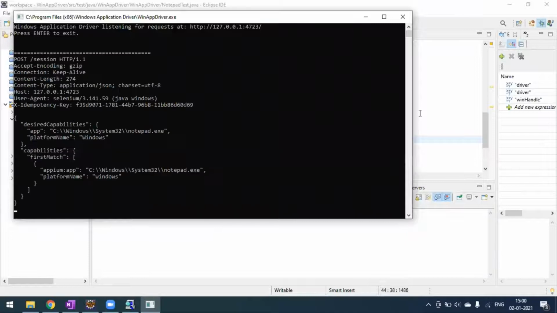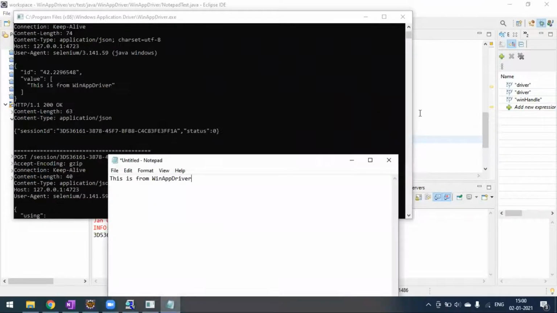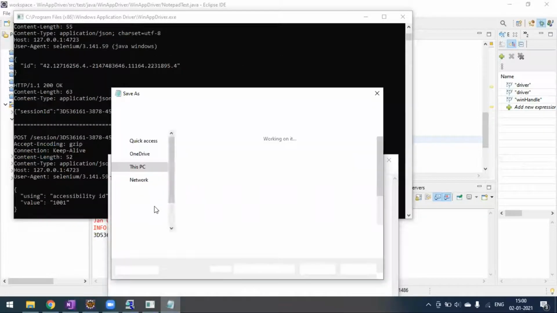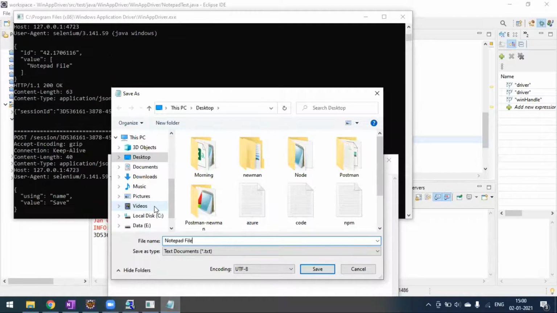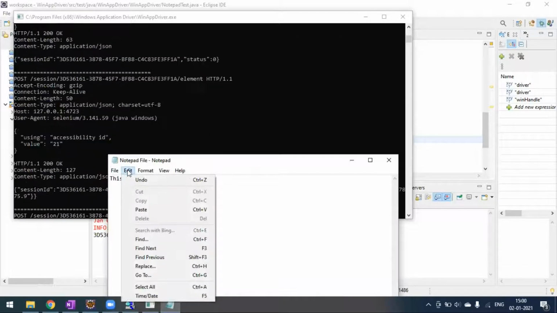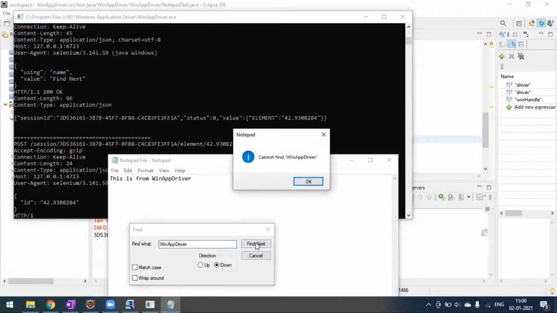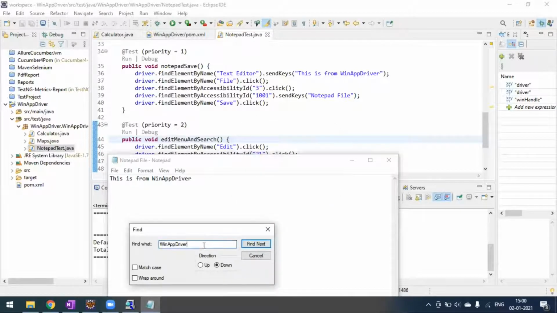Okay, exe file is launched, connection established. It started typing something and it's about to save. Okay, file name is typing and it's clicking on the save button now. It has to come to the edit now and it has to type something here. Yeah, and it's clicking for the search option, right? Since this is already find, why is this not finding?